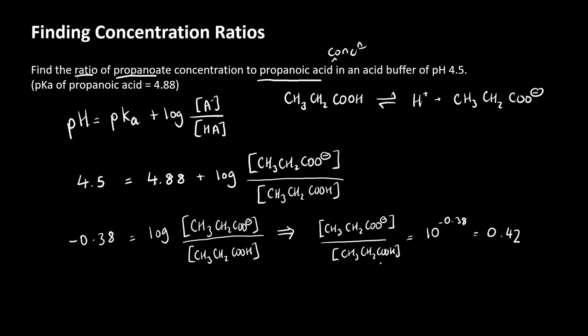Well, that would be when I divide them, so that would probably count as the ratio. I'd have no units because the concentrations cancel. If you want it to be mathematically correct and definitely have a ratio to it, then we're thinking about what that means. So the ratio of propanoate to propanoic acid, well, it's 0.42, so that means if this is 42, this is 100, because I can write it as 42